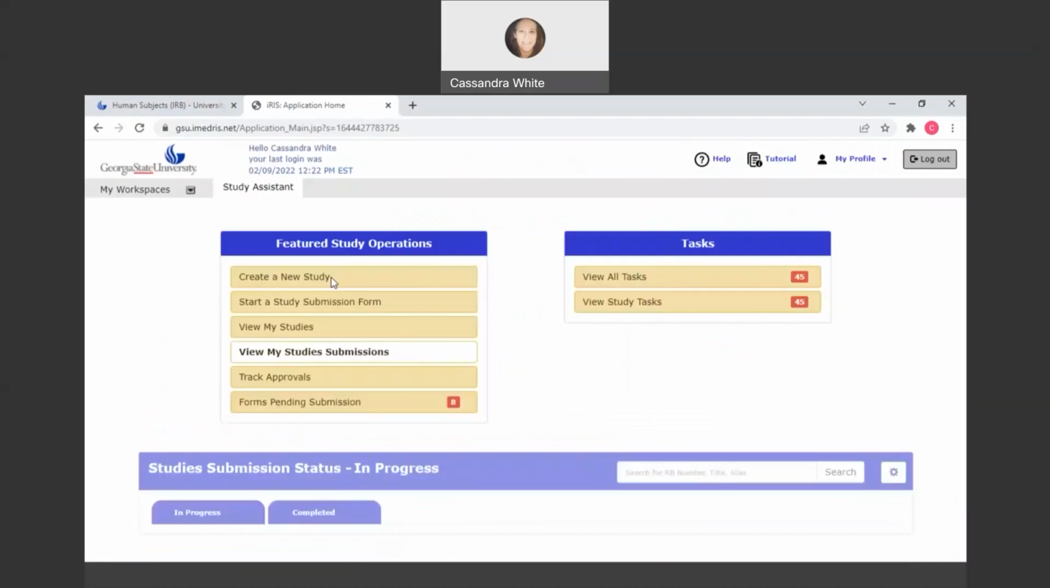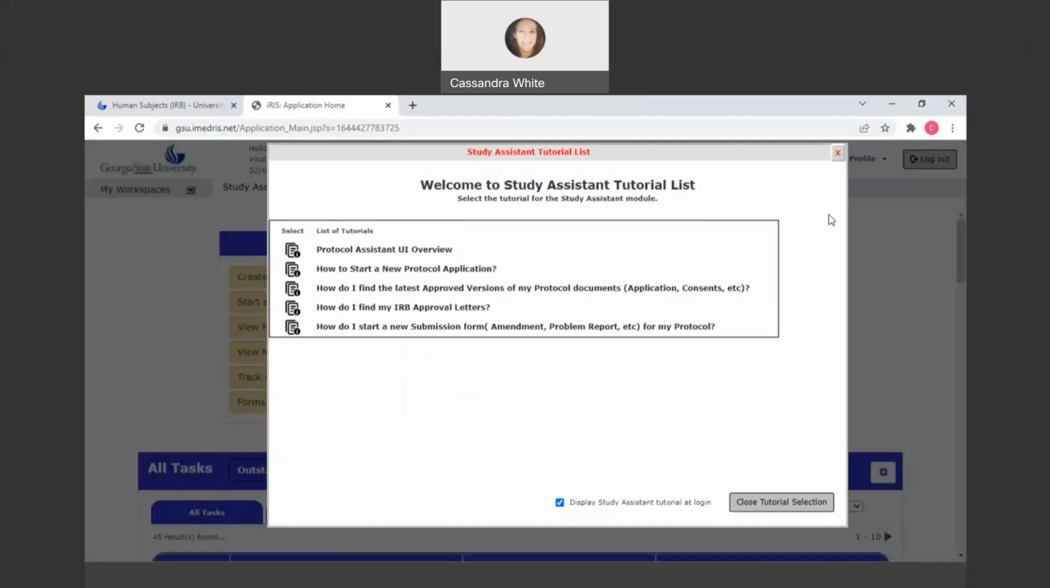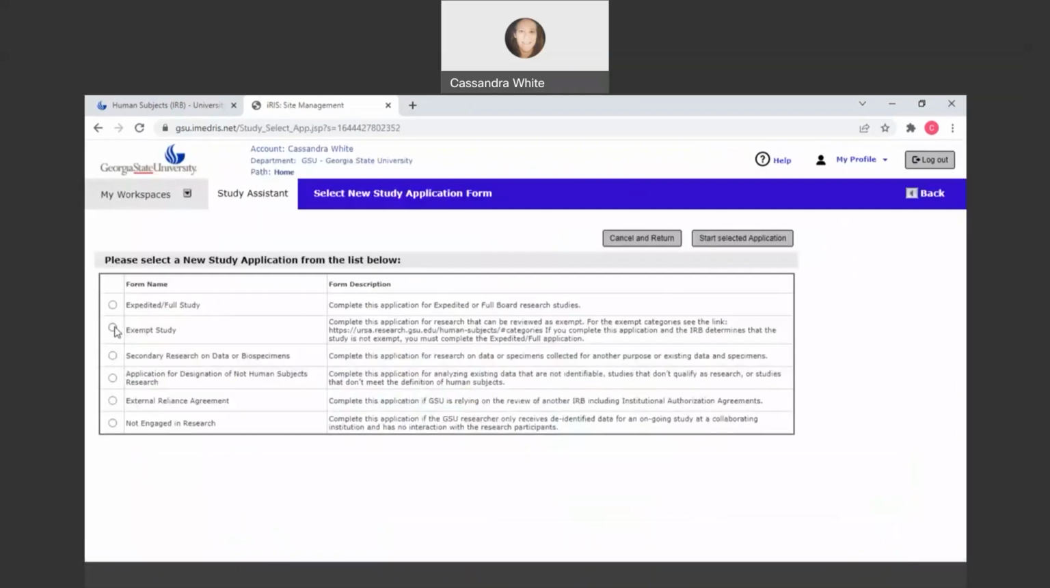First, this is going to always come up, gives you an opportunity to do their tutorial, which has a lot of information too, but create a new study. And you're going to click exempt. And exempt applications are for most ethnographic research projects, unless you're working with vulnerable populations, which have some very specific